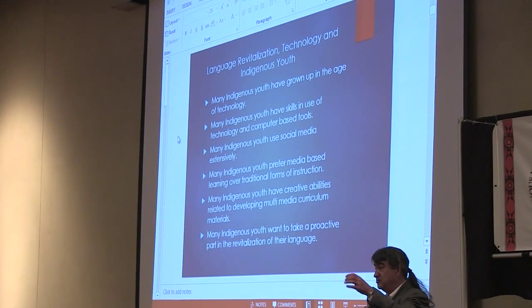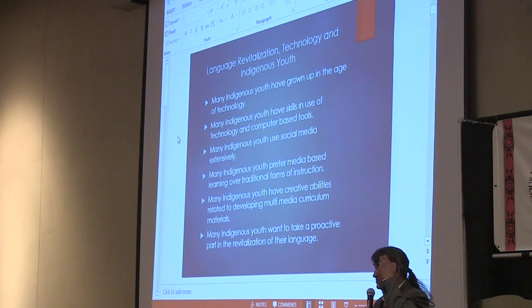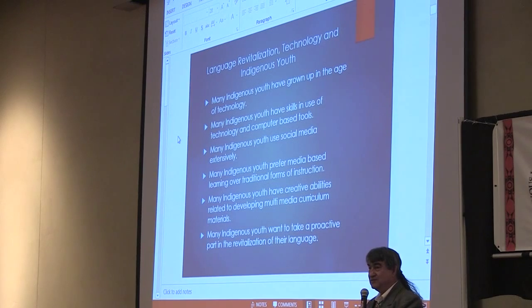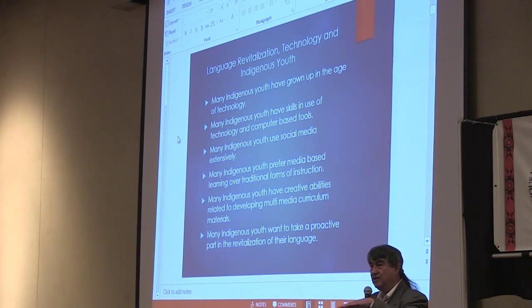So this whole notion, you see young people with phones all the time, either listening to music, and so that whole area of creating apps, language apps that can be used in that kind of medium, I think is very, very important to explore.